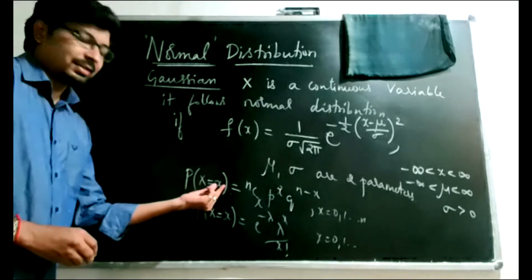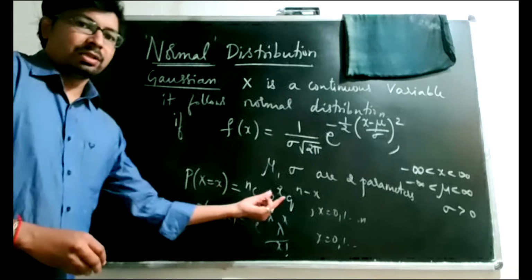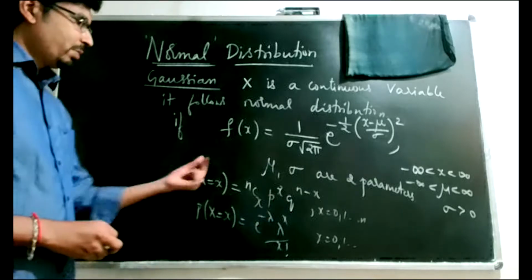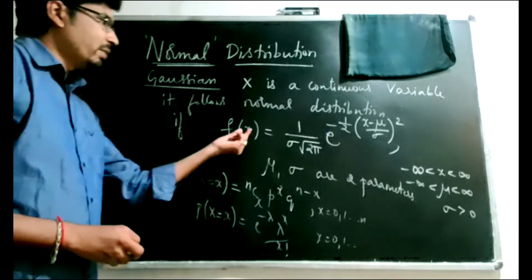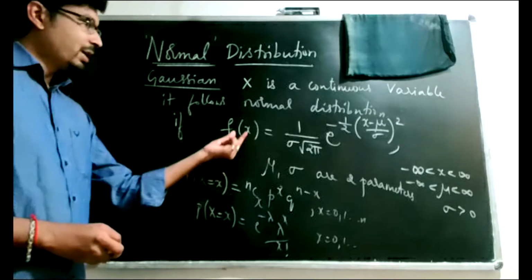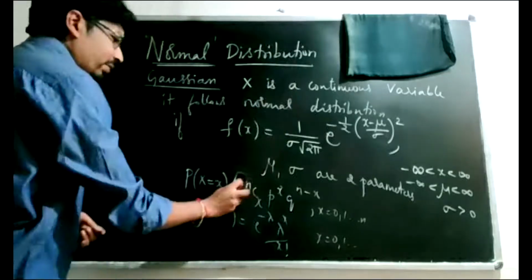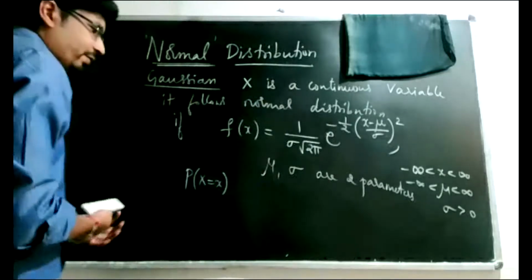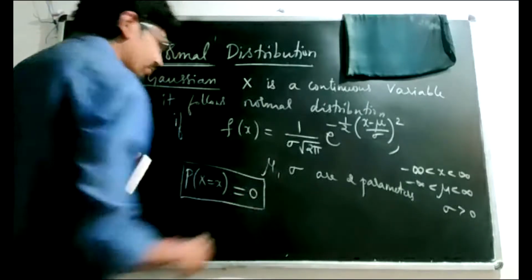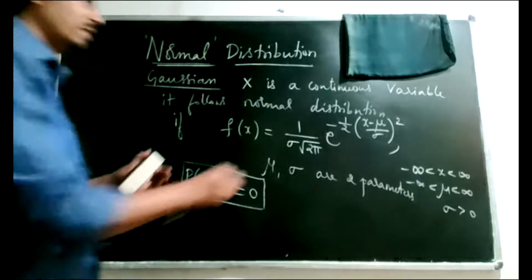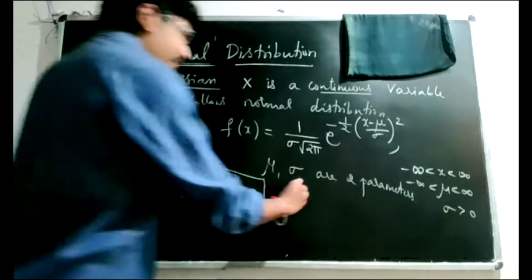Now here, since x is discrete, I can observe each and every individual value of x so that individual probabilities can be obtained. But when it comes to a continuous variable, the chance that the variable will be exactly equal to a value is very small. Therefore, we say for continuous variables, we cannot write p of x is equal to x. Statistically, even if you forcefully try to obtain that, it will come out to be exactly equal to 0. Because the variable is continuous, it doesn't take any specific discrete values. It takes values in a range.